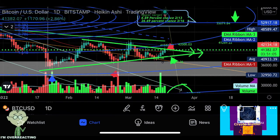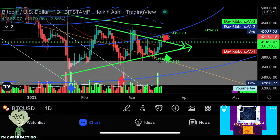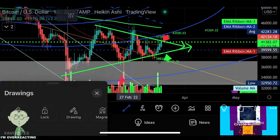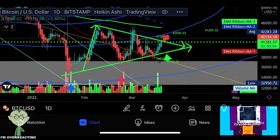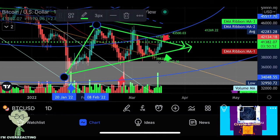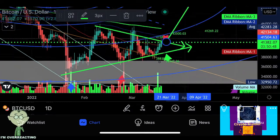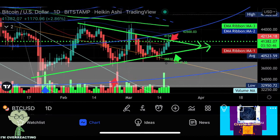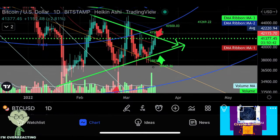And then now we went from a 6.69% chance of a breakout of this symmetrical triangle, where the targeted move would be from the bottom of the triangle to the top. I mean, some people do it like that, to the point of a breakout, and that gets you right up there to your upper target. And that is possible, as we are now hitting this upper resistance for the, if we zoom out here, you can see,